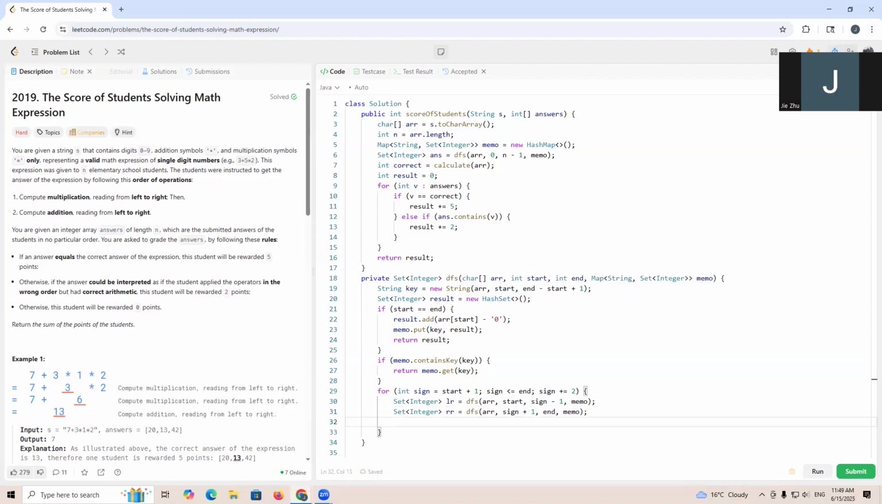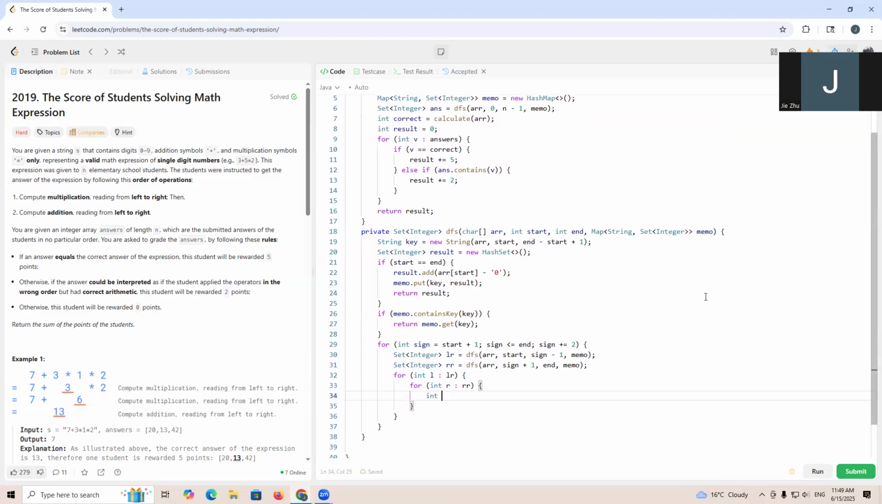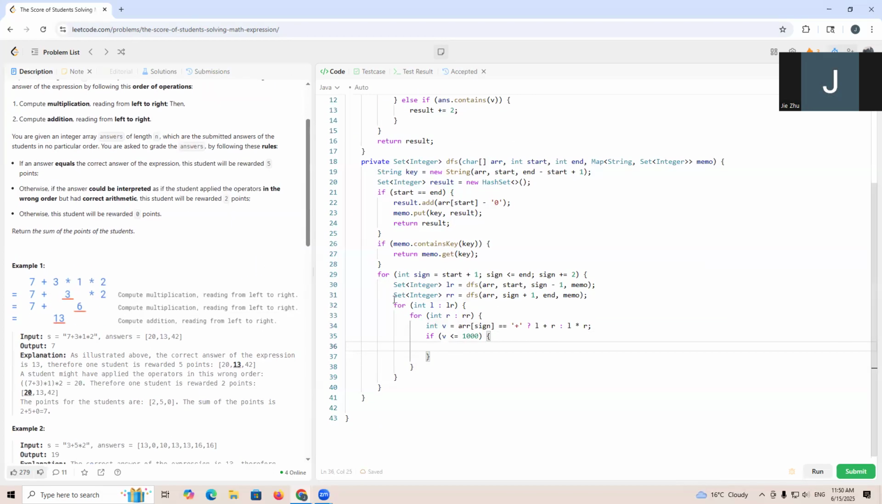So what we do is, for every int L in left result, for every R in right result, we're going to have int v value equals, if this array sign equals plus, right, then that will be L plus R. Otherwise, it will be L multiplied by R. So the difference from the add parentheses problem is that we need to add this kind of condition: if v is smaller or equal to 1000, otherwise we skip it, right? So that for the checking,